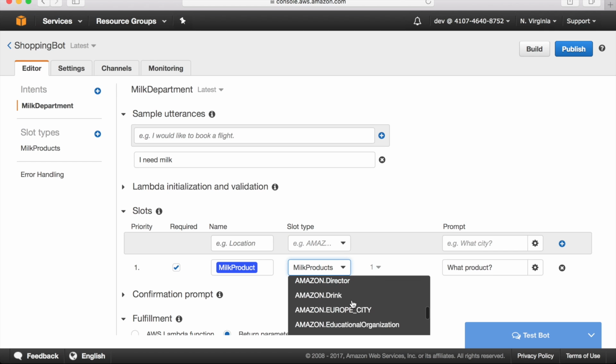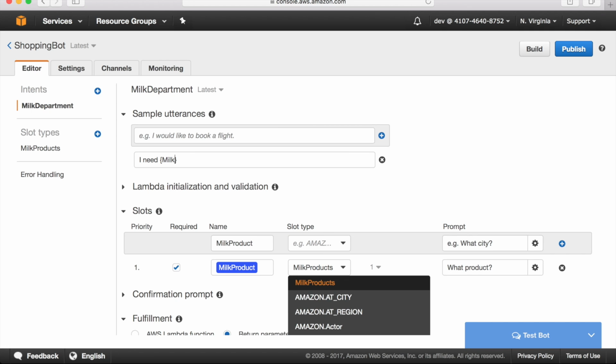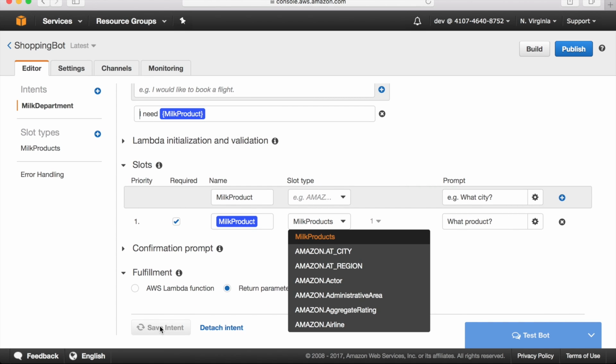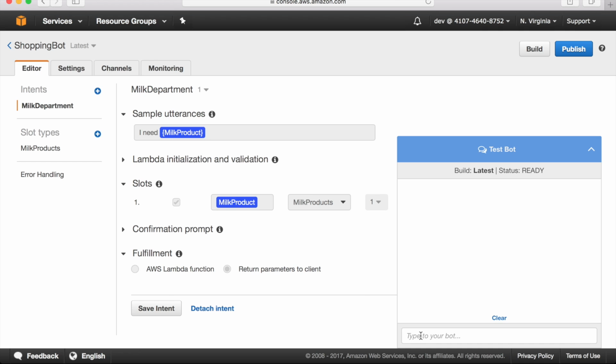We can have multiple different predefined types and new types which we created particularly for our case. So then we can replace this particular product with the general product using these curly brackets: milk product, and this is exactly the same name as the name of the slot. So then if we save the intent, we can build the bot. So this is our test bot, and I can type "I need" one of those products from this list of the milk products,